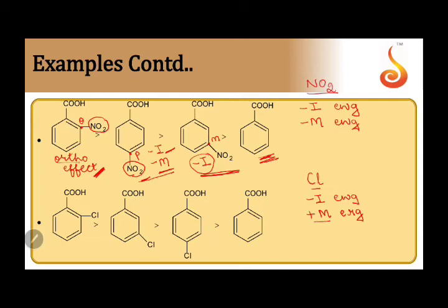But for once, this is an exceptional case. For halogens, the inductive effect outweighs the mesomeric effect. So only for halogen, this is very negligible. So we ignore it and we consider only inductive effect. Considering all these points, first we have taken here chloro at the ortho position. Now chloro at the ortho position due to the ortho effect we know is the most acidic.